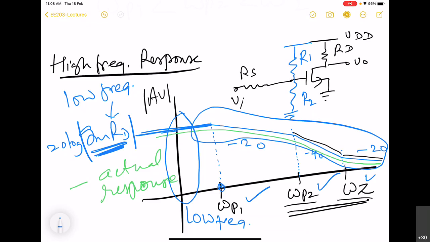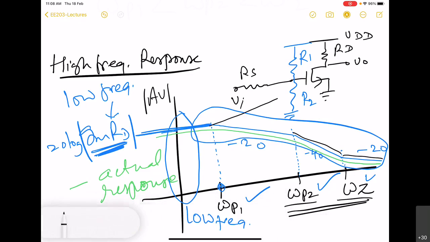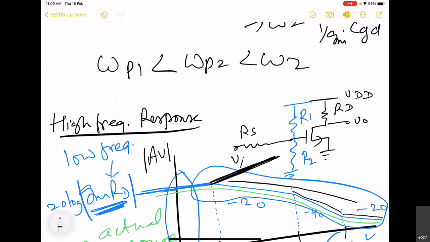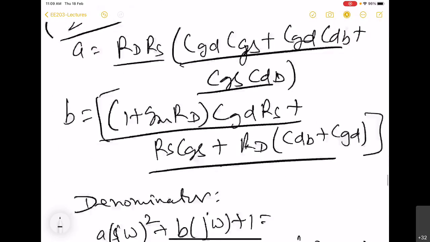Very rarely will we find this kind of response, where from here you start getting an increment in gain. That rarely happens, and we can also justify why we will never get this increasing kind of behavior, at least in the beginning, and why there will always be this, on the whole, decreasing type of gain. So for that, we can see the small signal model